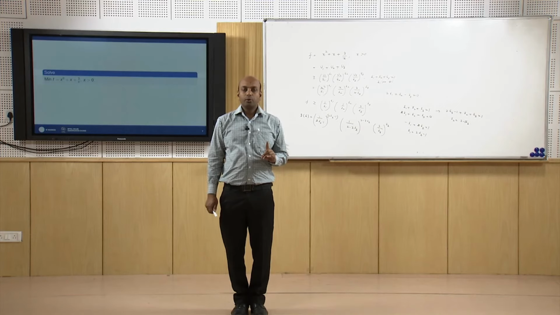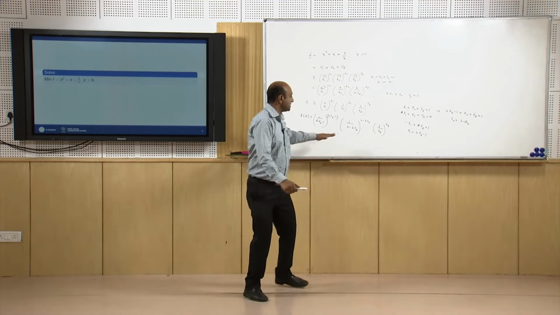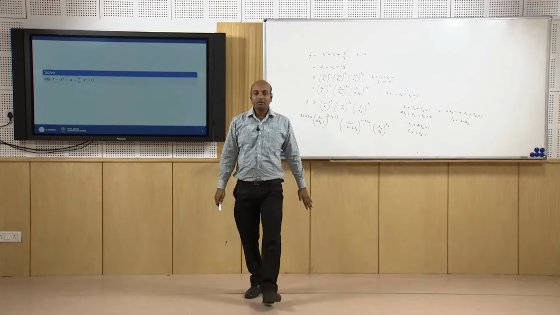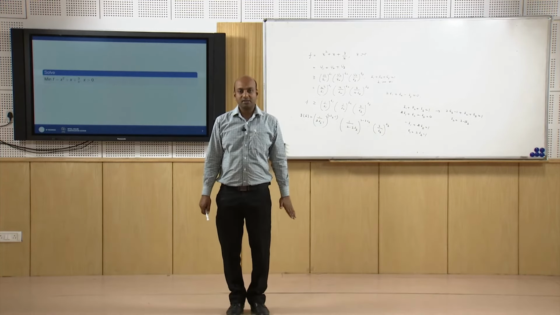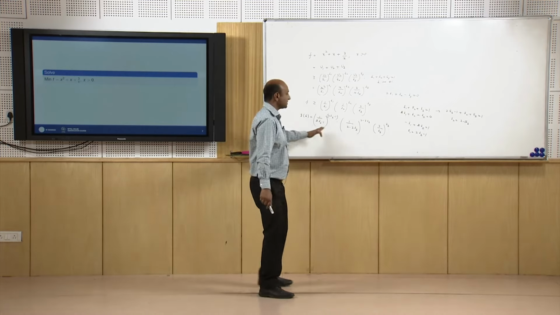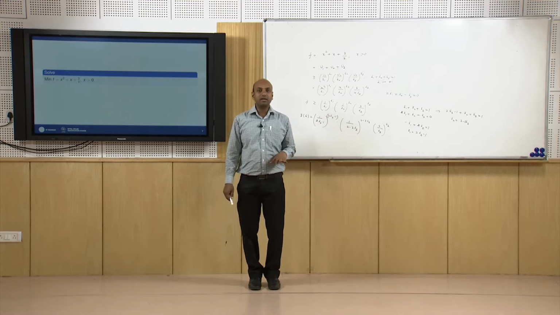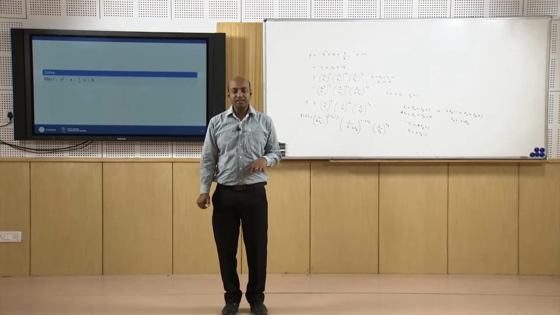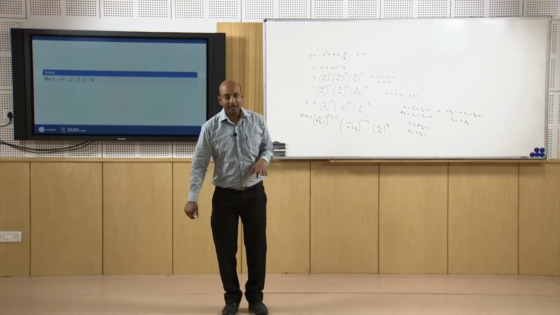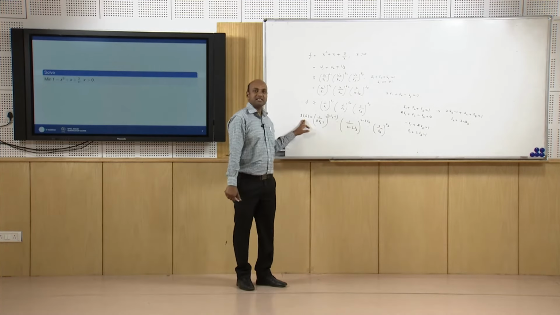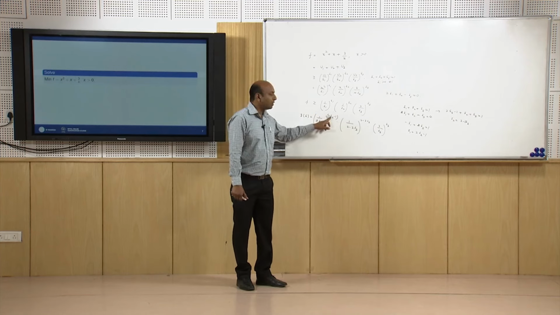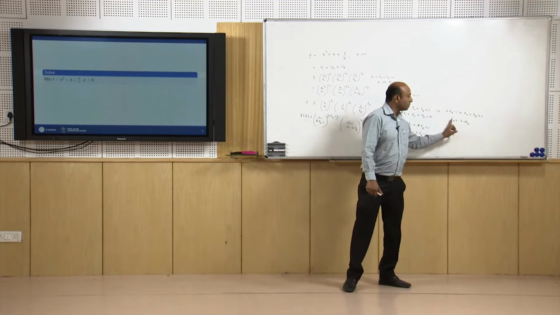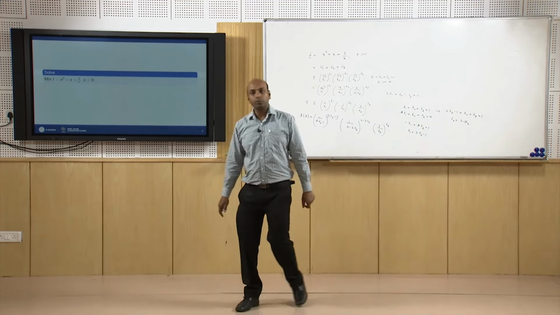Now, what we have to do? We have to find out the maximum value of this expression, which is of only one variable. How we can do that? You just take the logarithm on both sides, find out the first derivative with respect to delta 3, put it equal to 0, that will give the maximum value of g delta, for which you can find out the value of delta 3. Once you find the value of delta 3 for which g delta is maximum, you can substitute delta 3 over here and you can find out the value of delta 1 and delta 2.